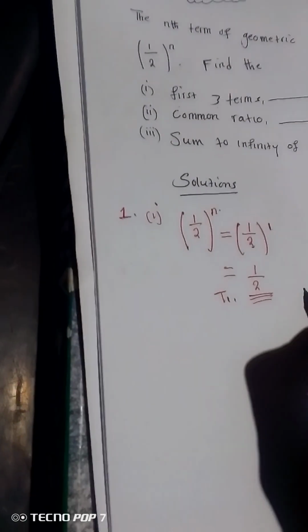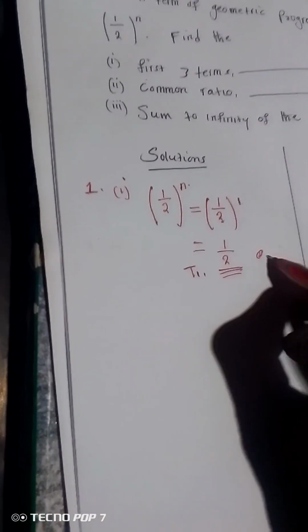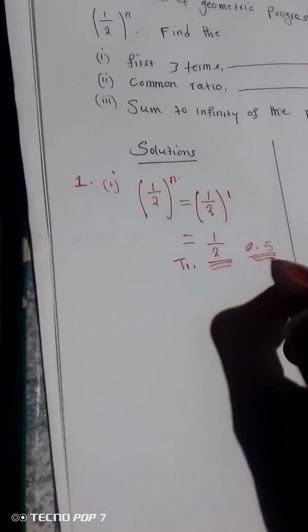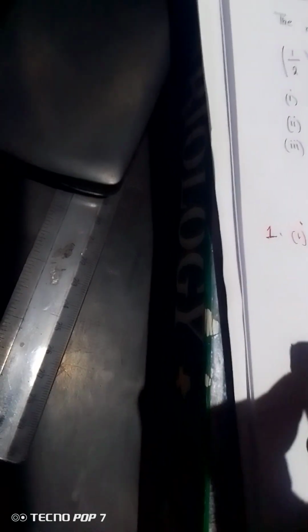Then this 1 over 2, as you know, can also be written as 0.5. So the next question,